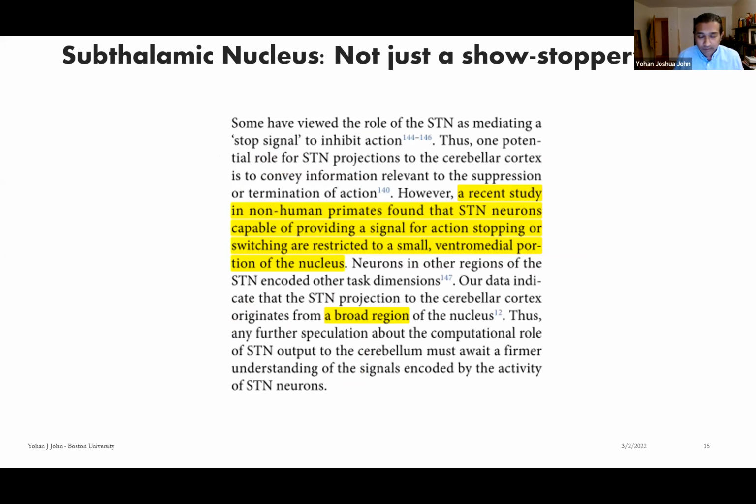So yeah, they point out that all of us have often interpreted the STN as some sort of stop signal, because a lot of those tasks, including in monkeys, I believe, involve one of those go, no-go tasks, which is different from the go, no-go circuit, where you give the animal a cue to say, yes, you can go and get the reward now. And then there's another cue saying, no, now you can't do it anymore. Those tasks apparently require the STN; without the STN, it's much harder for the animal to do that kind of thing, which fits quite nicely with what Clayton was saying about